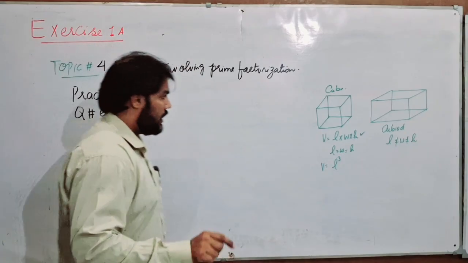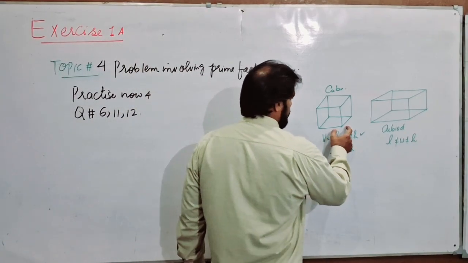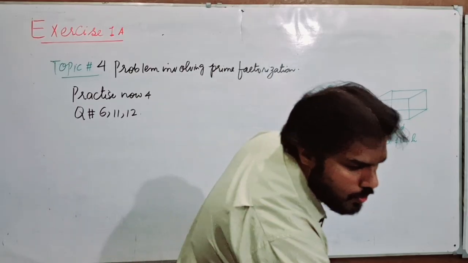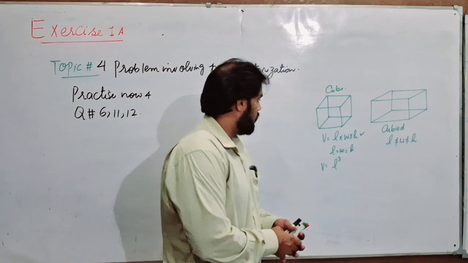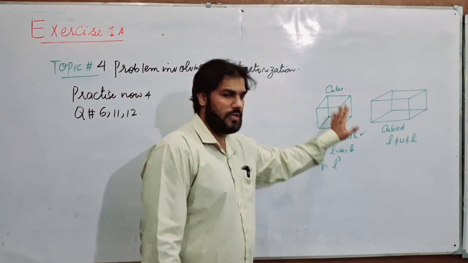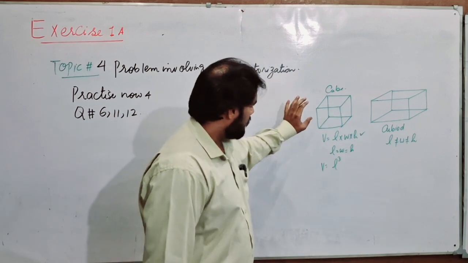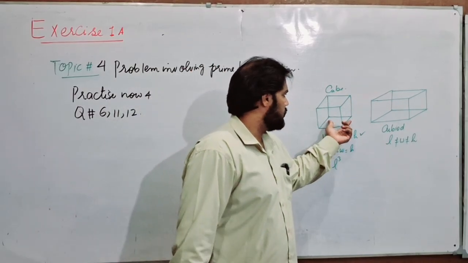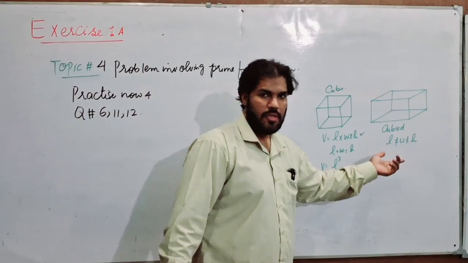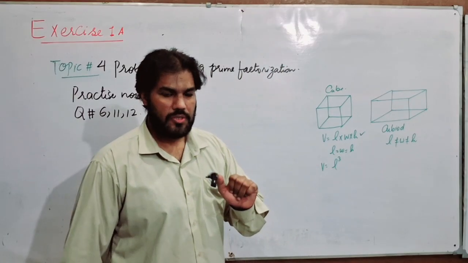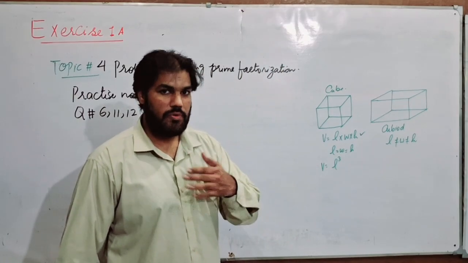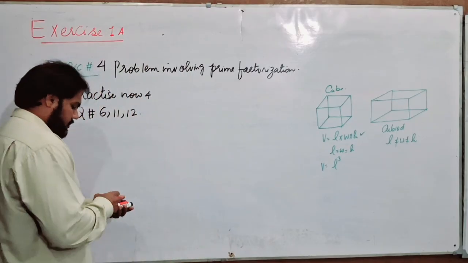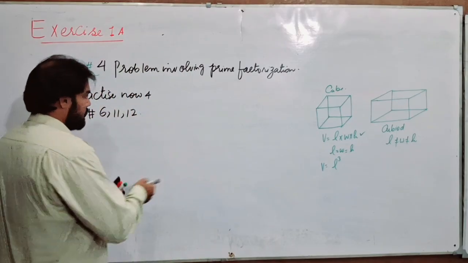Ali has 210 cubes of dimension 1. Each of length, width, height is 1. He has to make a cuboid by using these cubes. He says there are 6 possible cuboids Ali can make. We have to find only 3 of them. So first of all, we will make a prime factorization of